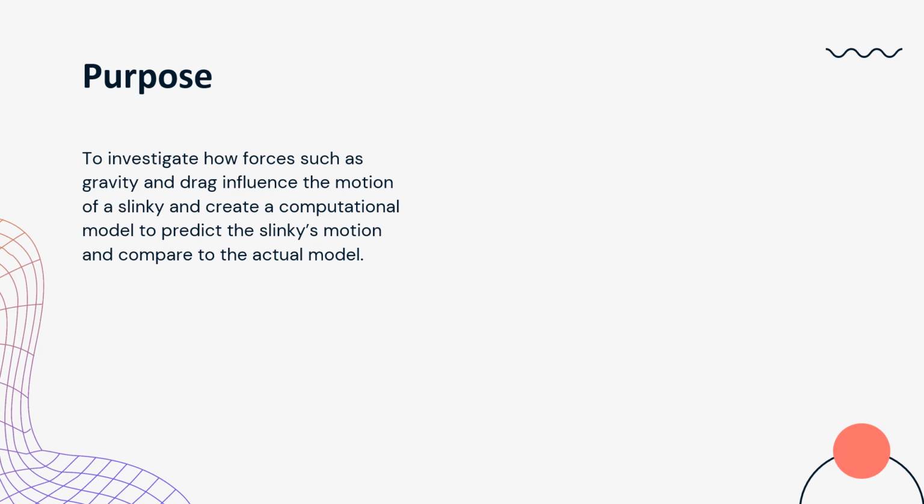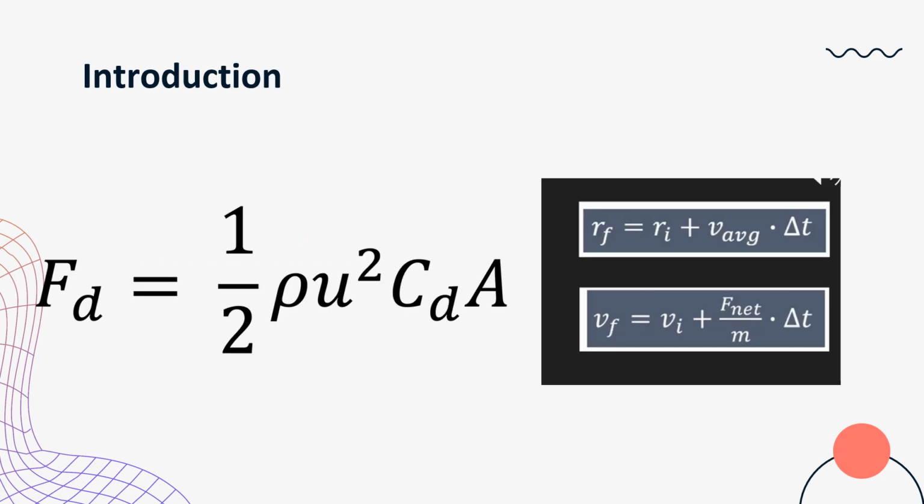So the purpose of this lab is to investigate how forces such as gravity and drag influence the motion of the slinky, and to create a computational model to predict the slinky's motion and compare it to the actual experimental model found using Tracker. Key physics concepts used in this lab include Newton's second law, which states that a force is equal to the acceleration of an object times the mass of that object, and it shows that if there's constant acceleration, the force would be constant as well, which isn't the case here, but we also use drag force,